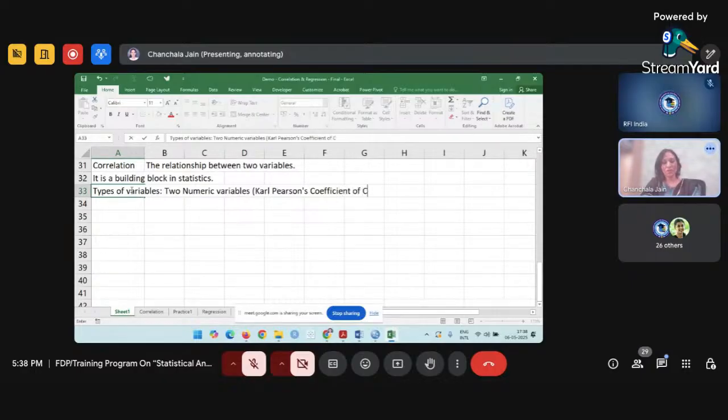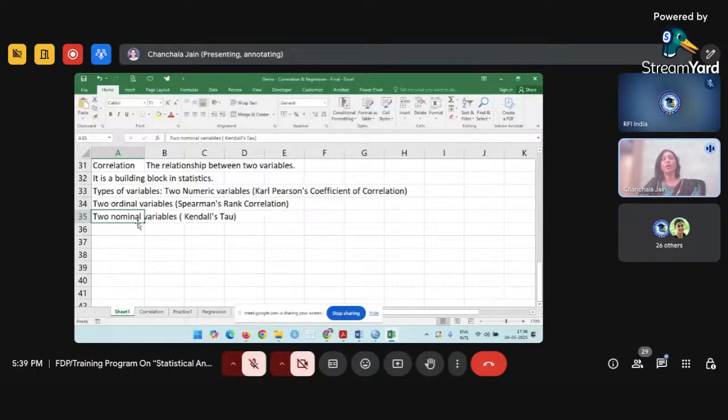This is the one thing. Second thing is, when you are having two ordinal variables, then we are using Spearman's rank correlation. Third thing is, when we are talking about two nominal variables, generally we are using Kendall's tau,